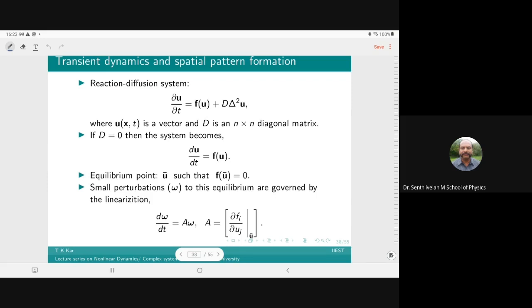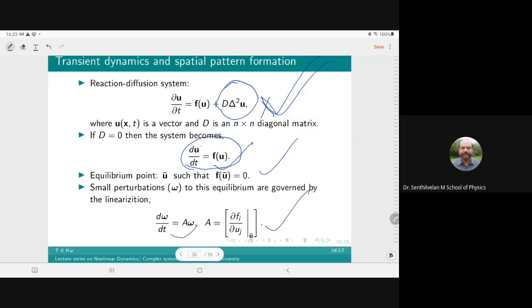But if we consider heterogeneity, then species will move from one place to another. Spatial heterogeneity is considered and included in the model by taking this term. Because if we do not consider this, then our model is this. But if we consider spatial heterogeneity, then it takes this form. So at the equilibrium of this model, we consider the perturbation, the linearized system, and this is the